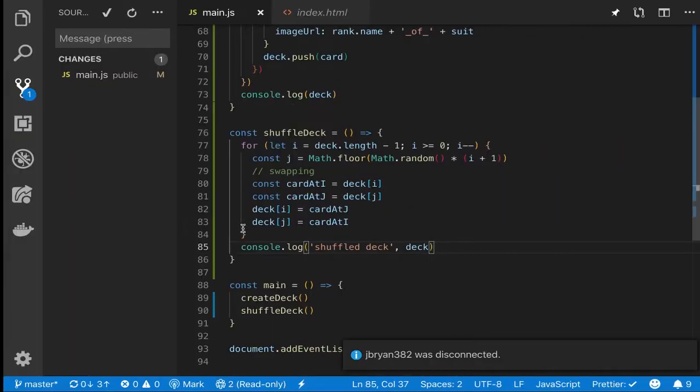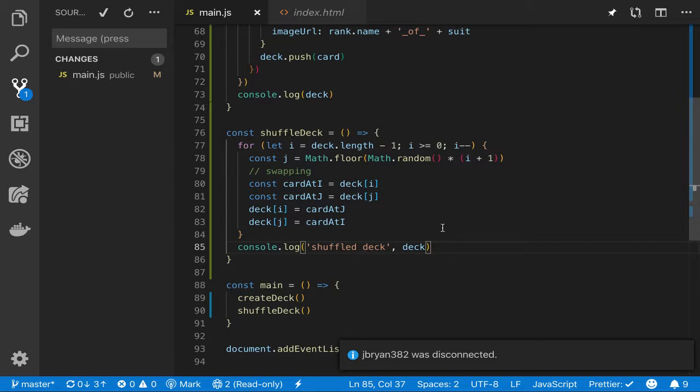Is there a reason you're sticking with the for loop there instead of for each? So yes and no. Could we make this a for each? Yes. But here we actually care what the i is, and for each is more focused on the actual item. That being said, if we wanted to do this in a for each kind of way,